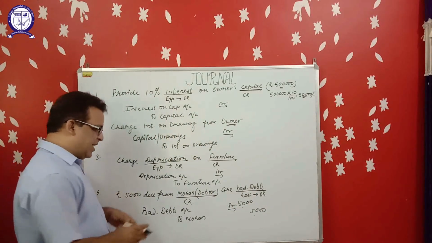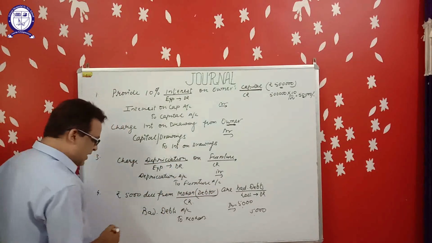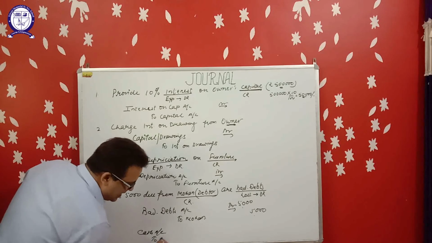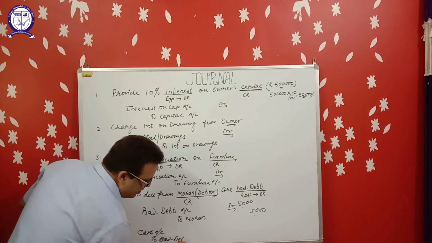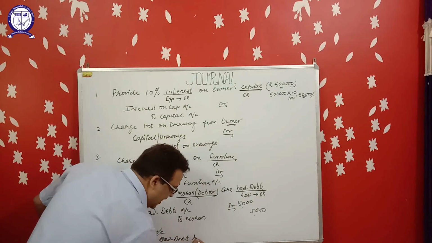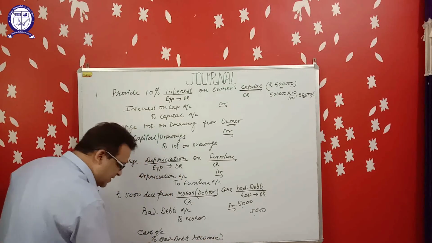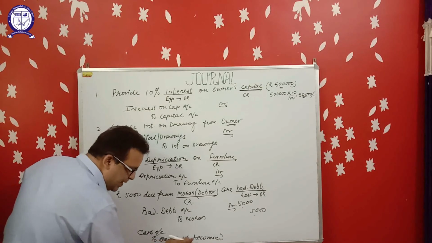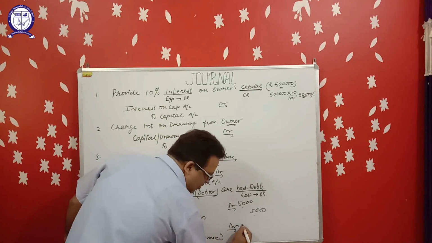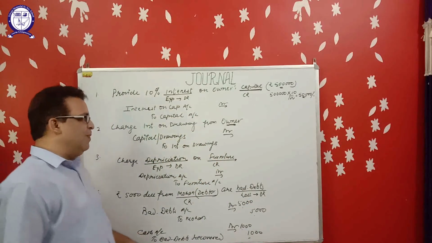Suppose next year the amount which is already written off is now recovered. The journal entry will be cash account debit to bad debts recovered. If the bad debts which were written off in the previous year, now we have recovered such type of amount, then this is an income for the business. That's why it will be credited now, and cash is coming, that's why cash account is debited. Suppose we have received 1,000, so cash account debit to bad debts recovered.